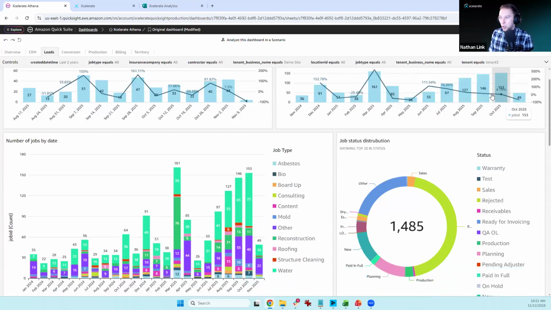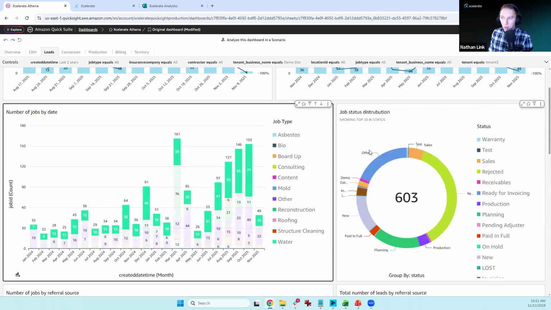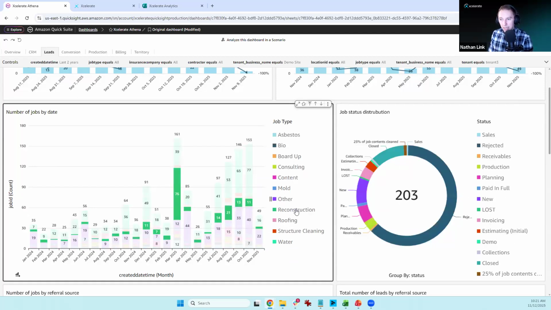And then as you scroll down, you've got the types of jobs. So if I got 153 jobs last month, what's the breakdown? How many MIT jobs did I get versus my mold jobs? And you can mouse over these things, you can click on them, and as you click on them, it drills down to the job status of those. So as you're looking at it and trying to identify if some of them have sold or not, you can see that. But this is really focused on the leads themselves and who's been giving you leads,